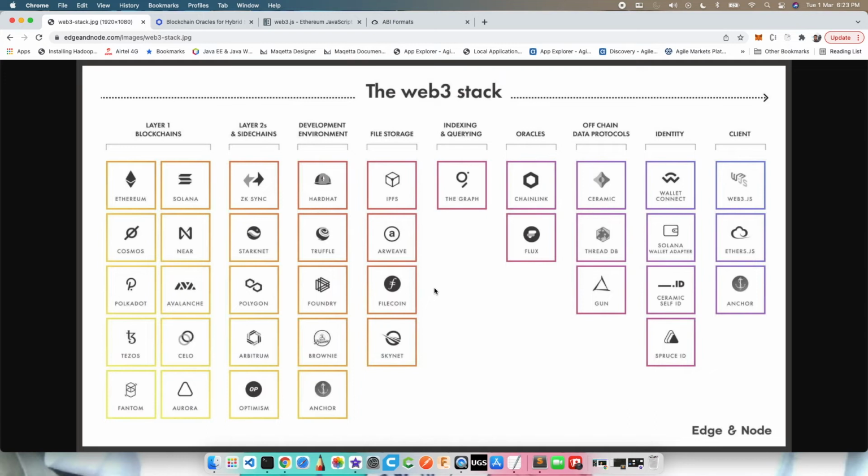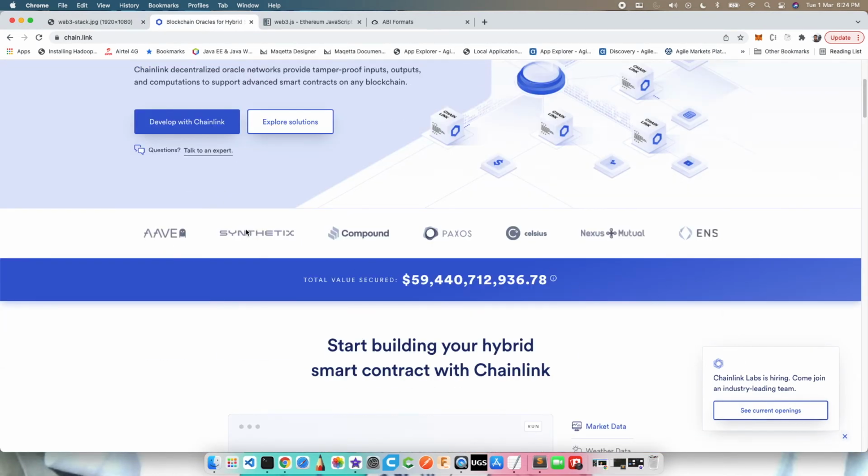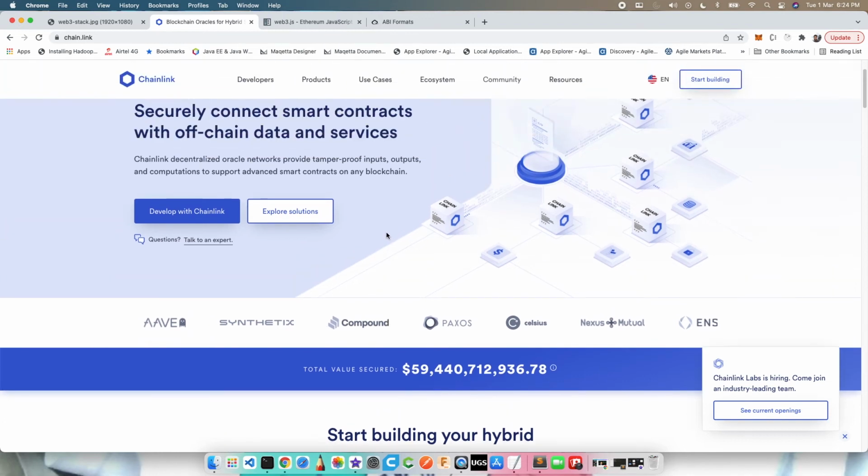There are various companies that are mastering this kind of oracle, which provide the data in a more decentralized fashion, again creating token economics on top of it. ChainLink is one of those protocols that has been built and really championed because of the DeFi space, because you have various applications built within the decentralized finance world. Most of you will have seen various DeFi protocols like Aave, Synthetics, Compound. We'll touch on DeFi and what applications you can build on Web3. We're going to build some of these solutions ourselves when I cover the end-to-end demos.